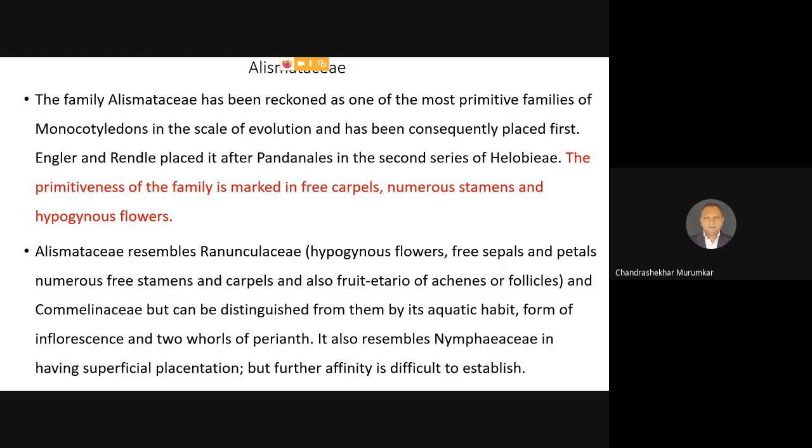Here the connective is not enlarged, but the two anther lobes are placed laterally on the stout filament, and because of that it is a character very similar to that of Nymphaeaceae, and it has superficial placentation, also called basal placentation. But its further affinity is yet to be established, because there are several characters of advancement shown in the family Combinaceae which are not